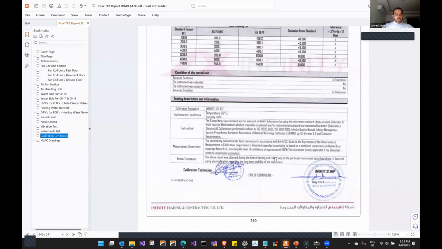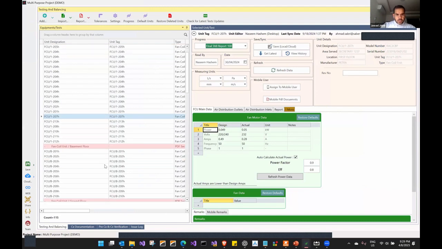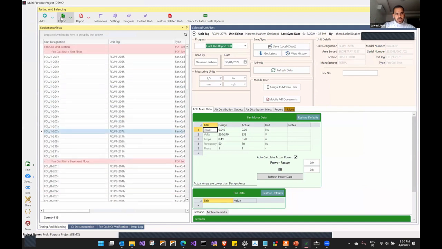So let's go now to the software itself, and I will explain to you how this report is generated. Now, I hope you can see the screen now. So this is an example of the same project, multi-purpose demo. In this section, you can see all the equipment of the project. And this equipment can easily be imported through Excel function. Or if you want to design one equipment, click